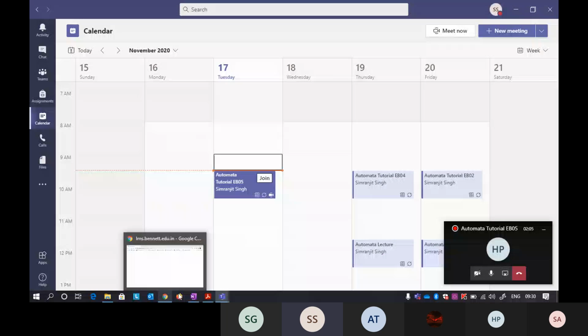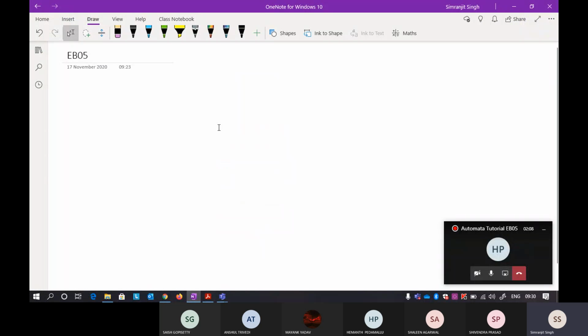Okay, so I think this was the question. The question was a raised to power n, b raised to power 2n plus 1. There was another question we have done before, a raised to power n, b raised to power 2n. Okay, so